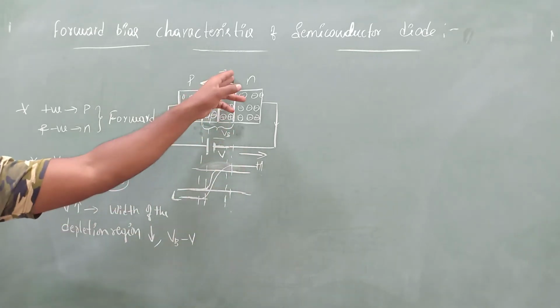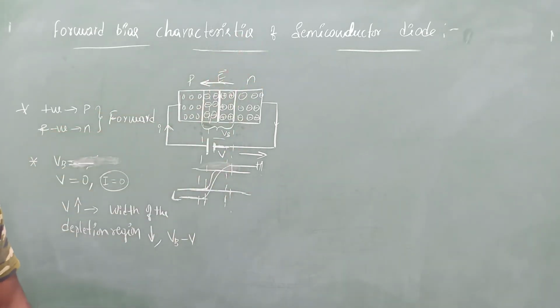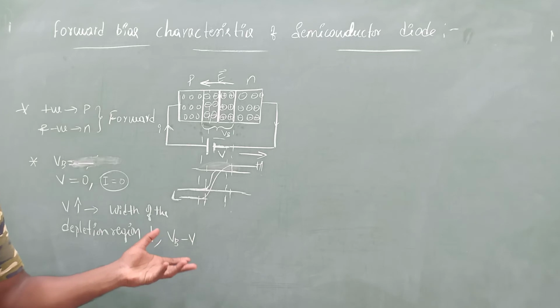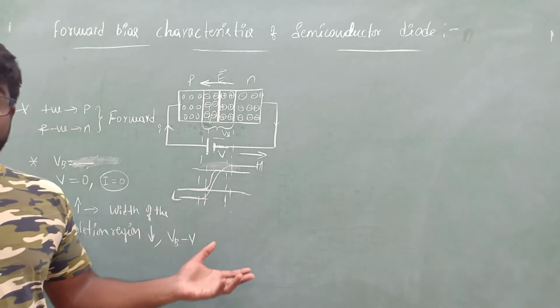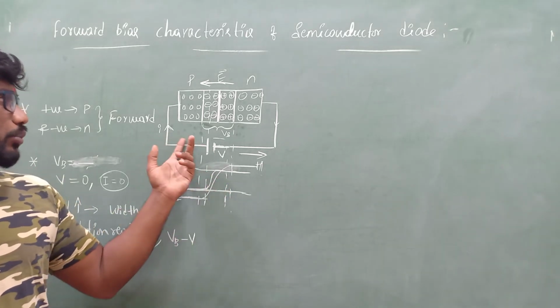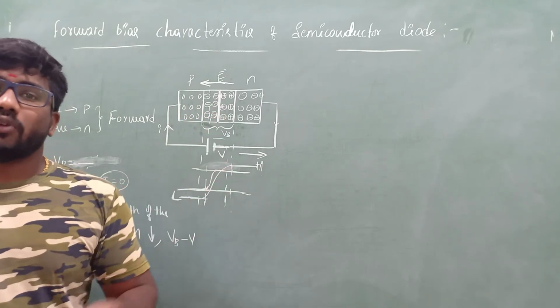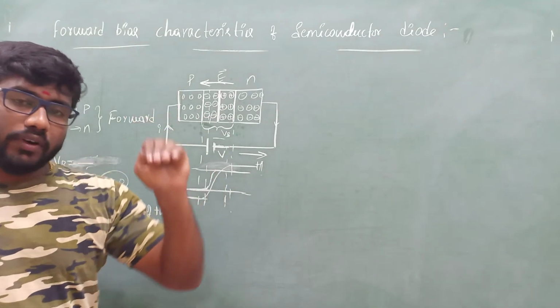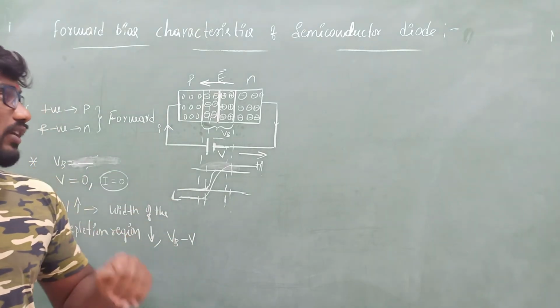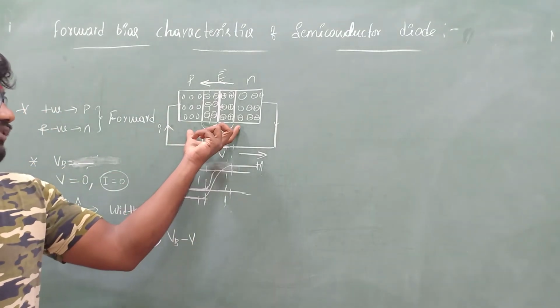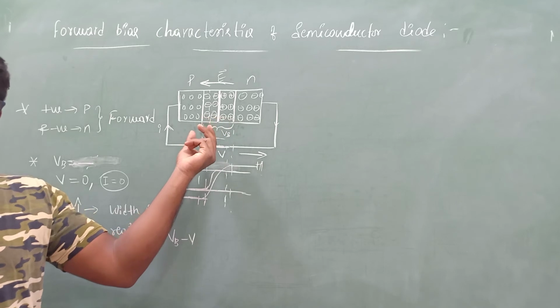Okay, so here it has some value, some 60 or 70. When you find the resultant electric field, then what happens? Definitely these two are acting in opposite directions. So 100 minus 60 you will get 40. So the electric field goes on decreasing. It means the width of the depletion region also goes on decreasing.